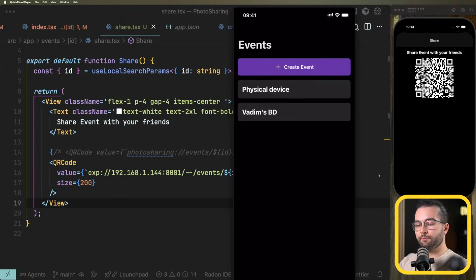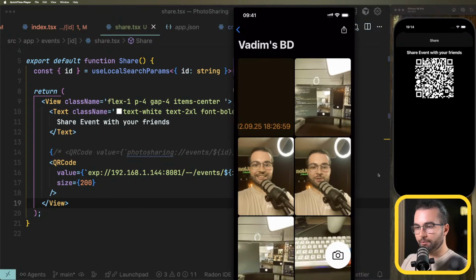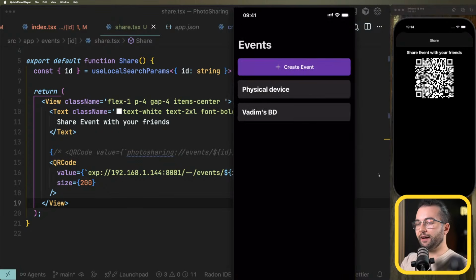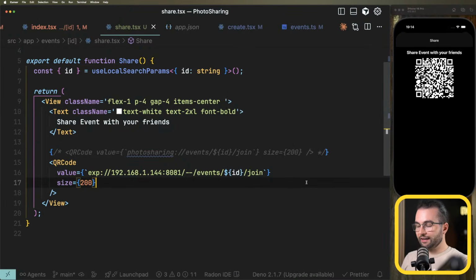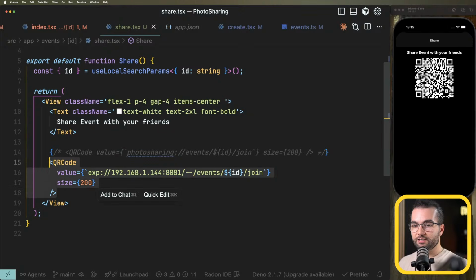Now we see that I'm a member of Vadim's birthday party. Perfect, amazing, cool. So that was the demonstration of how we can share events and resources with a QR code and how we can use deep links. Again, this weird deep link is only because we are working with Expo Go, but in production, this is going to be simply your schema